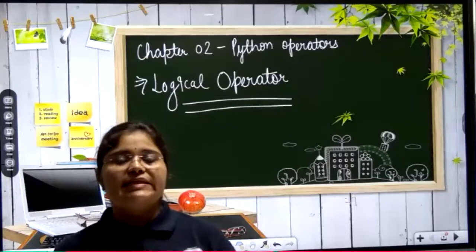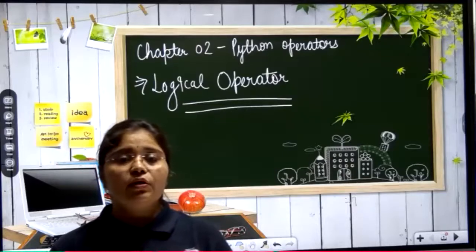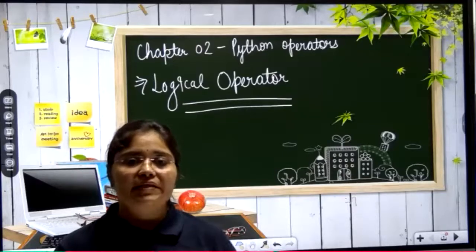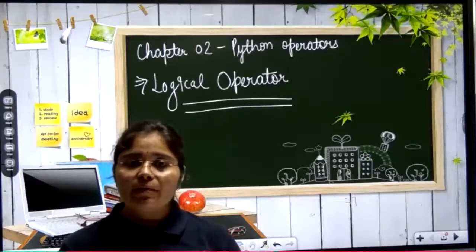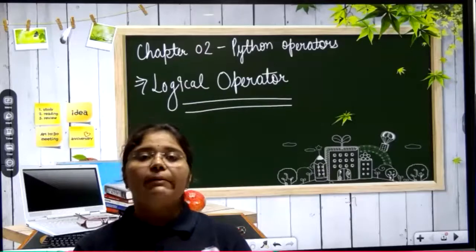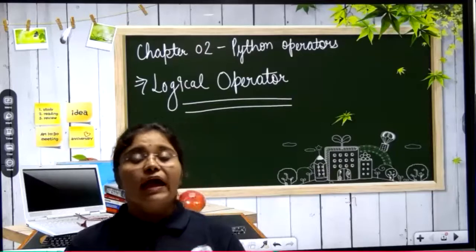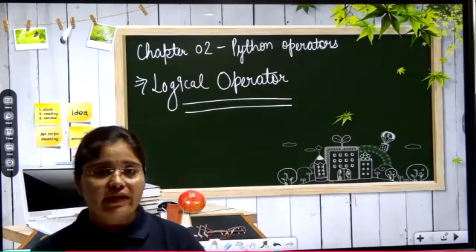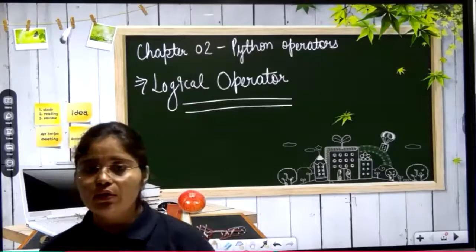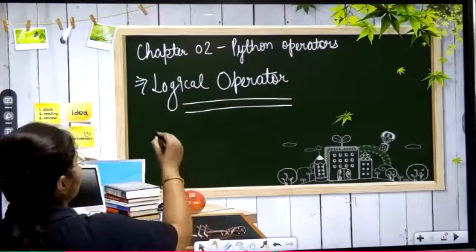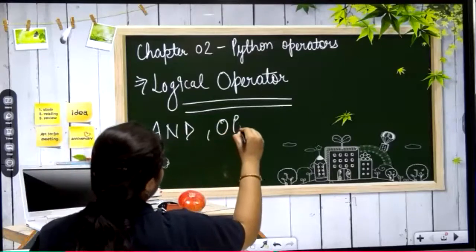So we basically have three logical operators, and here the output will be only true or false, as we get in comparison operators, because this is a combination of comparison operators. With the help of some comparison operators, we will apply some logic on different expressions or different conditions. So if each and every condition is satisfied, then only the result will be true, otherwise false. As I have told you, we have three logical operators: and, or, not.